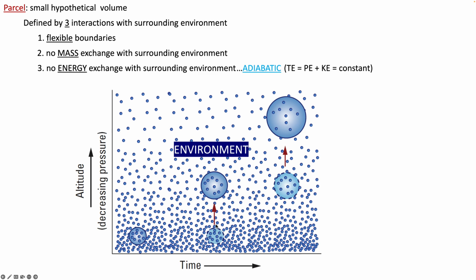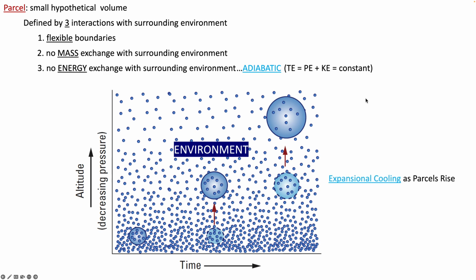Now, as a parcel rises through the atmosphere, the pressure of the atmosphere on that parcel, just like the pressure of the atmosphere on a balloon, decreases, and so the parcel, like a balloon, will expand. As the parcel expands, the distance between the atoms and molecules in the parcel will increase, and so the potential energy of the air inside the parcel will increase, and as a result, the kinetic energy of the air inside the parcel will have to decrease,